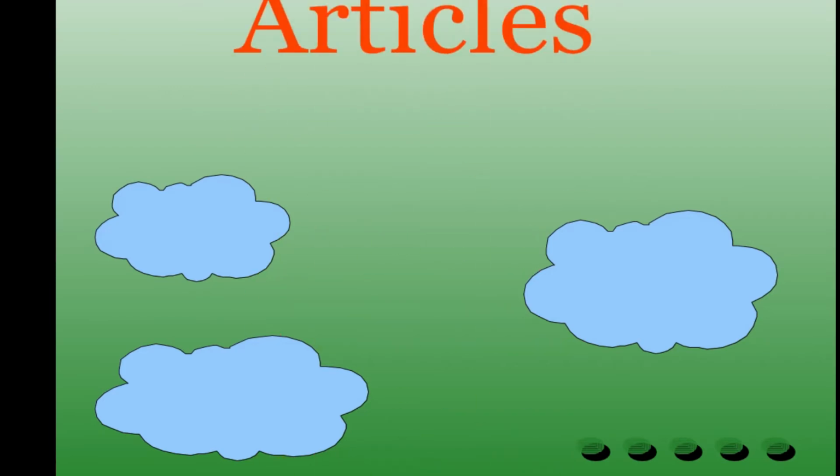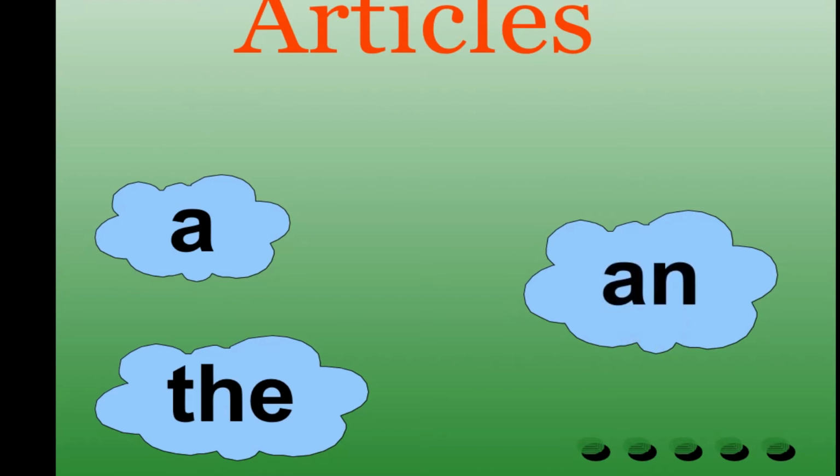Okay, so that is articles. Articles have different meanings, but articles in grammar are really special. It is a part of grammar that you need to know as well. If you don't know how to use them, I think that is not good. So let's start. Articles: a, an, the. These three we call articles.